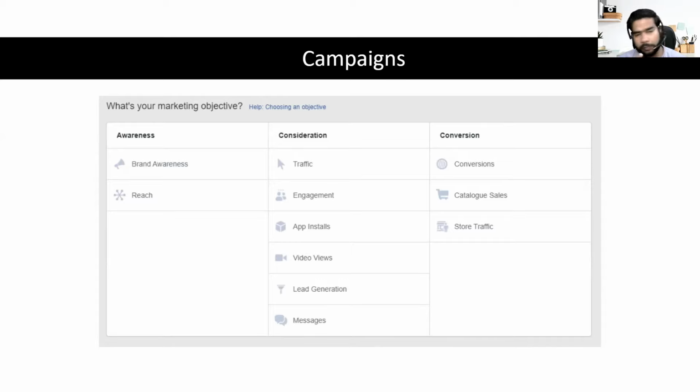App installs. If you have a mobile app and you want more and more people to know about it, for example, there is an app called Zomato, Swiggy, we all know. So they can give their ad on Facebook. They just need app installs. Once people install their app, they will do the rest with the notifications and all, right? But their objective is to install the app. If they are using brand awareness or traffic, they can promote that Zomato exists, but people are not going to download unless they tell them to download it. Why does this differ? Because when you are giving your ad, there only that option is there. What action do you want?